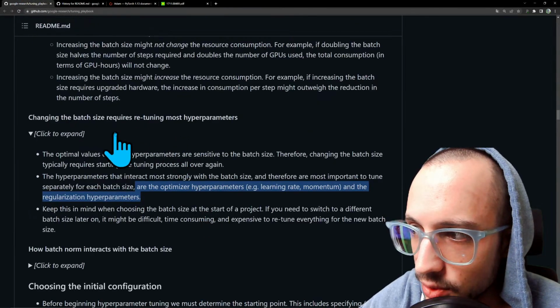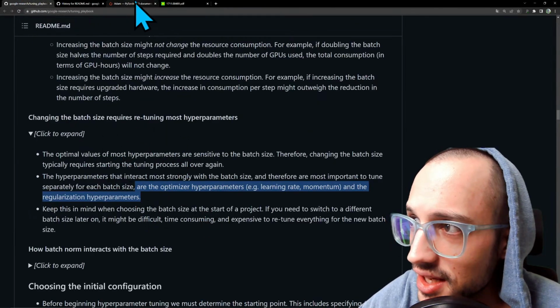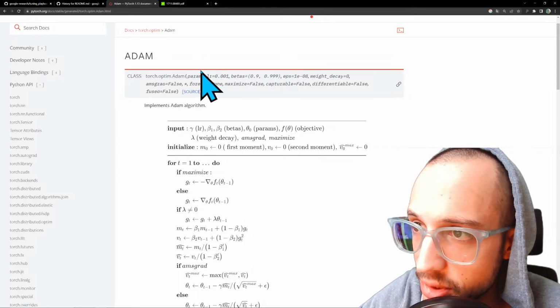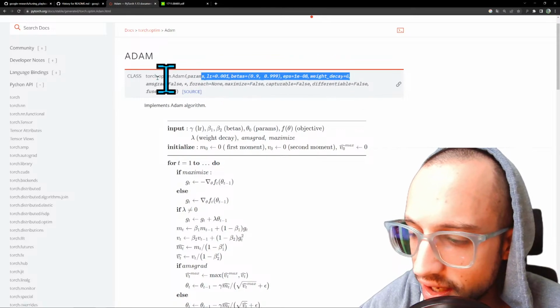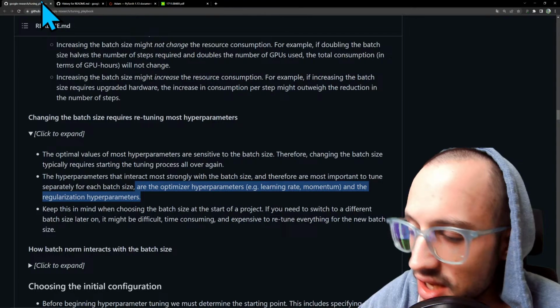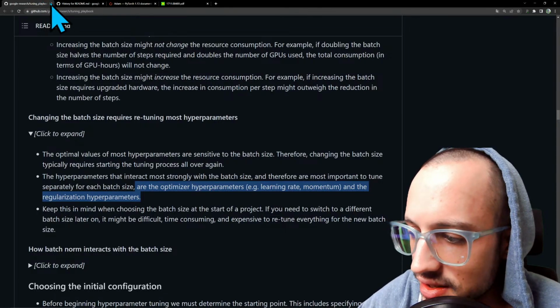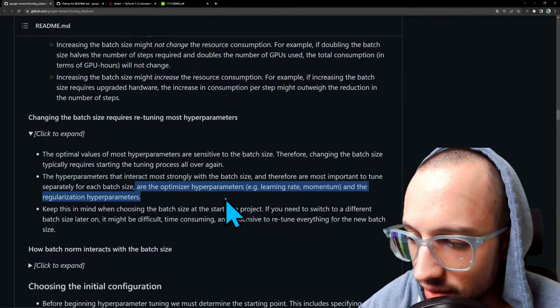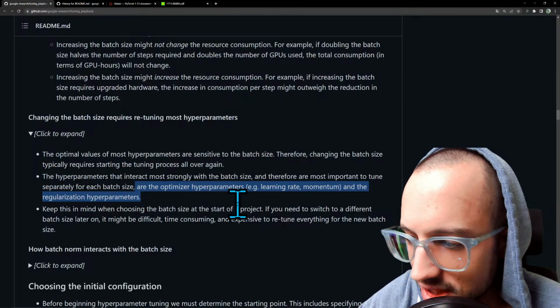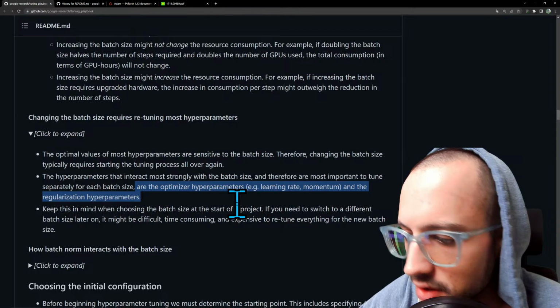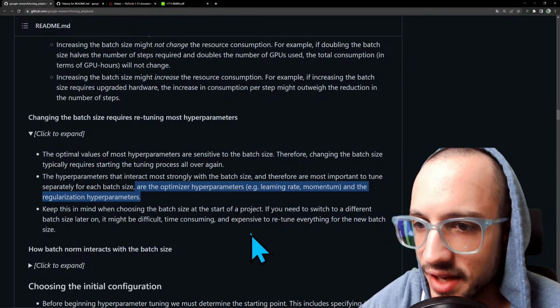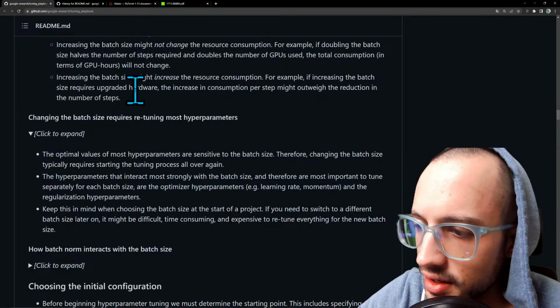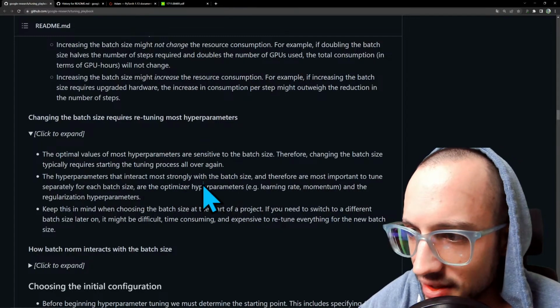specifically picked for a batch size, right? Because at the end of the day, what these numbers here are determining is basically the size and scale and direction of your gradient step, right? And your gradient step is going to be different if the gradient step is the result of a batch size of 2 versus a batch size of like 100, right? They're kind of like different magnitudes there. So